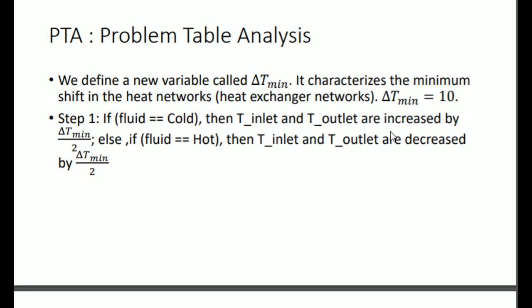So delta T min, as we say, will compensate for the fact that we consider a perfect exchanger. If delta T min is low, it means that the gap between our two curves, which I will explain a bit later, is low, so that we maximize the exchanger. So delta T min low means high exchange, and delta T min high means that we have a high gap between the hot and cold streams, meaning that we have low heat exchange, which is bad.